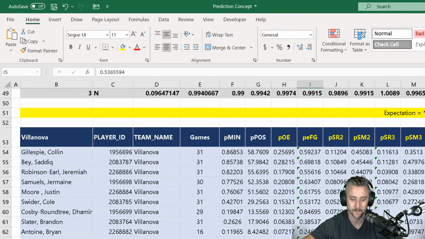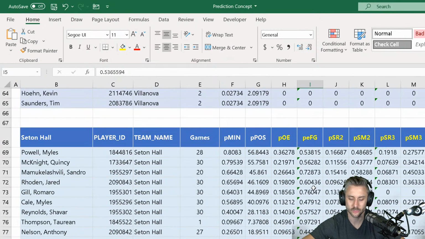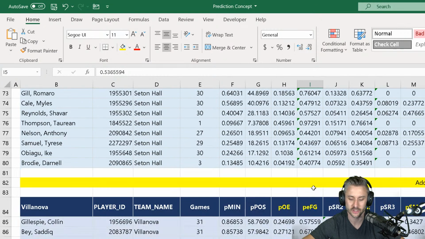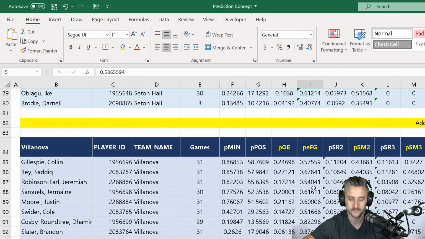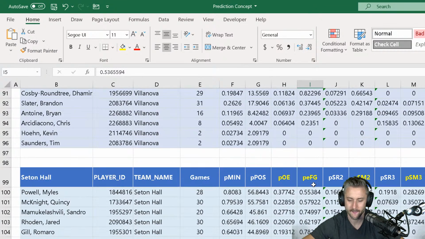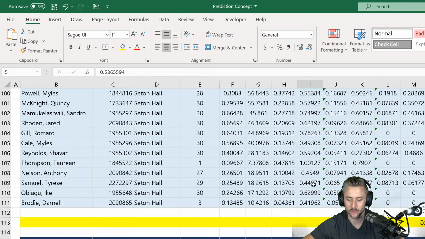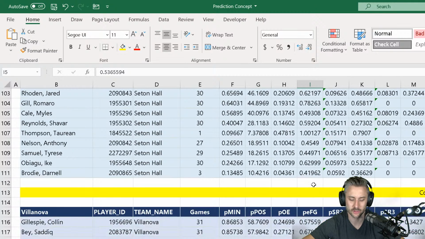So, here's the thing. What do you do from there? What do you do after you've added home advantage and everything else? What do you do, right? Well, one idea I had was to come up with an algorithm to filter out the walk-ons and guys who probably aren't going to play, and only have players that are probably going to play in the game, and